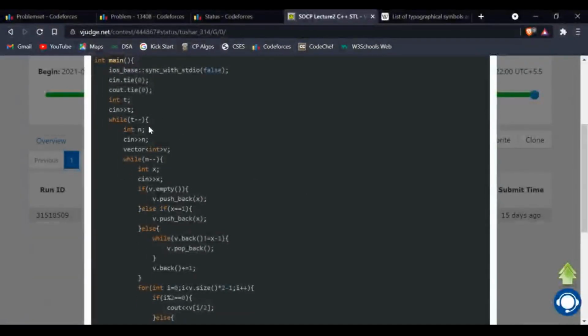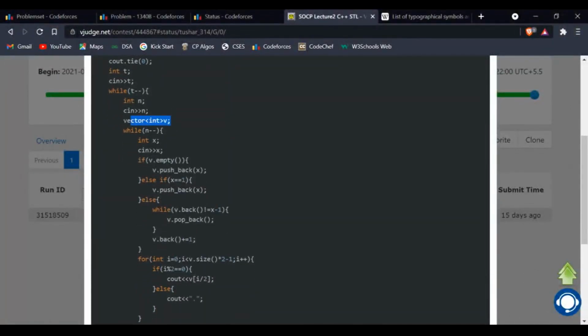Here is my implementation for this. So we first take the input n, which is the number of entries in our list. Now I'm using a vector instead of stack because a vector can perform all the operations that stack does. And in addition, for printing each element, we need to access all the elements at once, which is not possible in stack, but vector can do that.